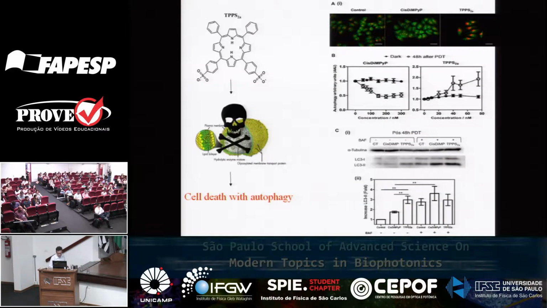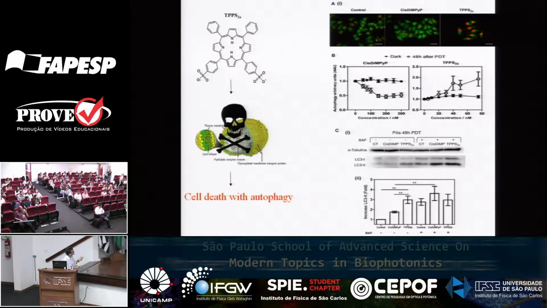Where is the data now? Okay, if we look 48 hours after damage, you see the control is here, it's fine. These cells that were damaged by the positively charged dye, some of them were dead, some of them were alive, and they continue to multiply, and they're fine. Two days afterwards, they continue to multiply. However, these ones, 2 days afterwards, they start to die,